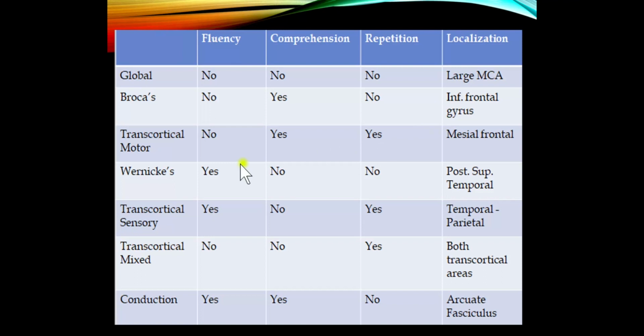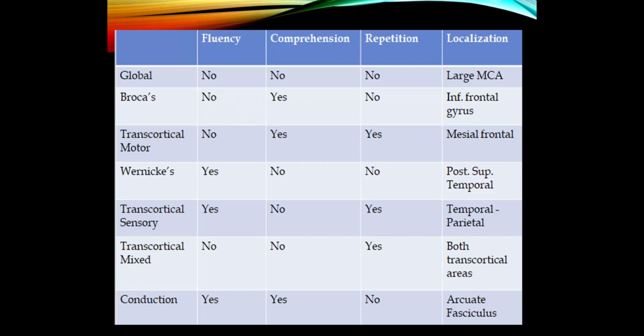Remember, a transcortical motor aphasia looks just like a Broca's. They're non-fluent. They can understand because Wernicke's area is intact, but because the arcuate fasciculus is not involved, they can repeat sentences fairly well. Well, they're going to struggle, but they'll be able to get them out better than someone with just an isolated